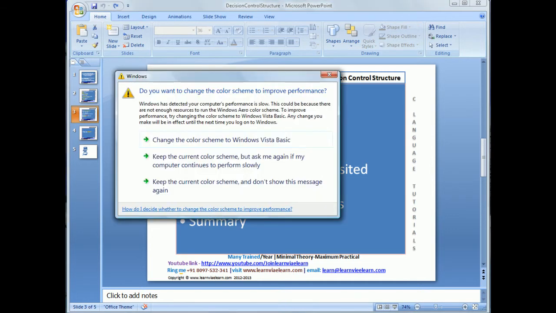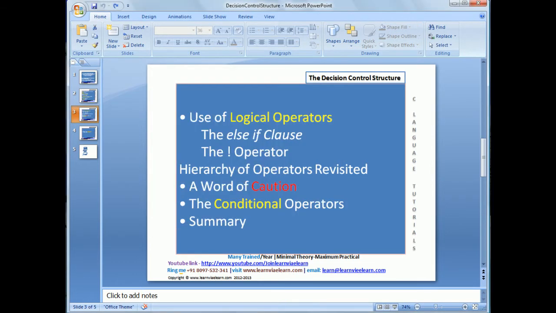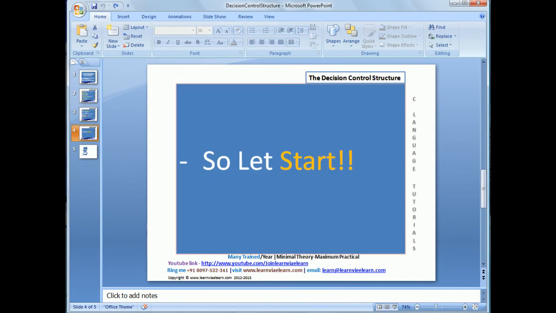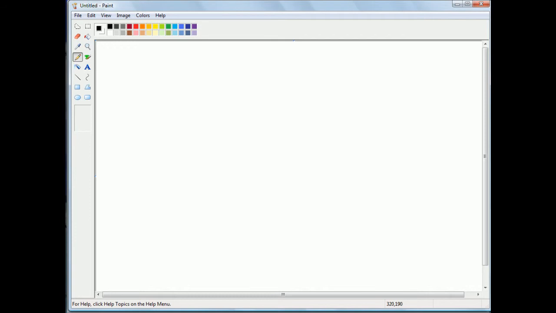And finally we have some conditional operators, and then we will see some summary. We will do some exercise also, and we will try to see different if conditions in different situations, right? So let's get started. So team, see, we all need to alter our actions, right, in the face of some